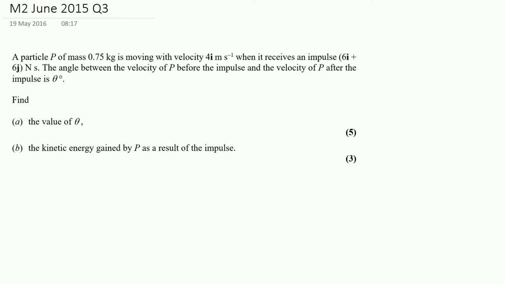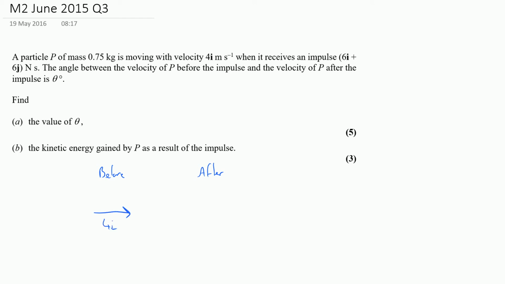Question 3, and I'm now dealing with impulse. Impulse always needs a before and after situation, so let's just make a note of these. We've got a particle of mass 0.75. The before velocity is 4i,